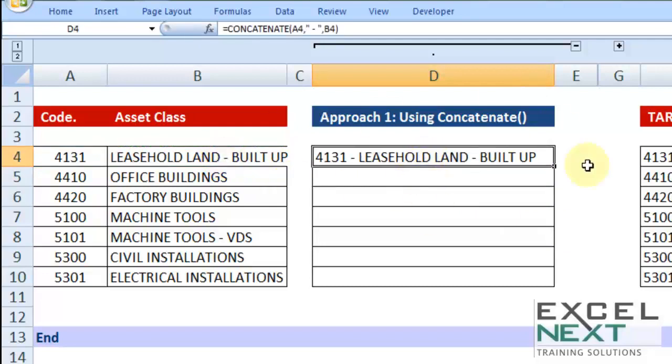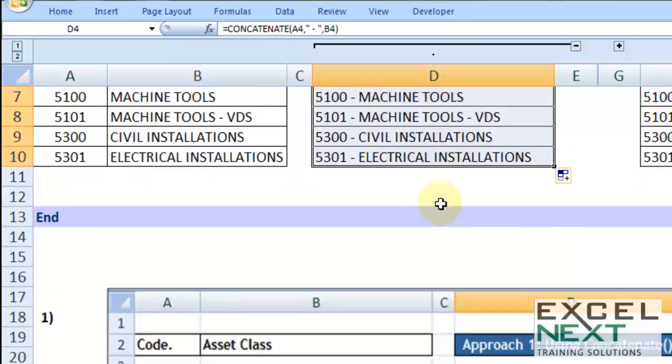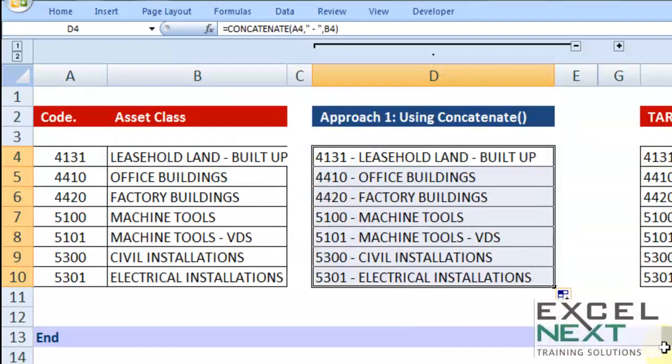This is exactly what I wanted, and once this is done, let me drag the formula down, and that's the desired value which I was looking forward to in the first place. The same formula has been given for your reference. So CONCATENATE is just an indicative formula which you may use for later reference. Similarly, there exists another approach which does exactly the same thing but doesn't use the formula CONCATENATE. Instead, it uses the ampersand sign.